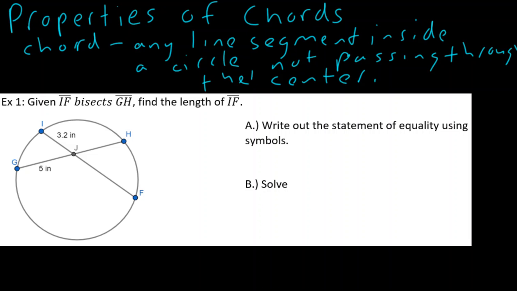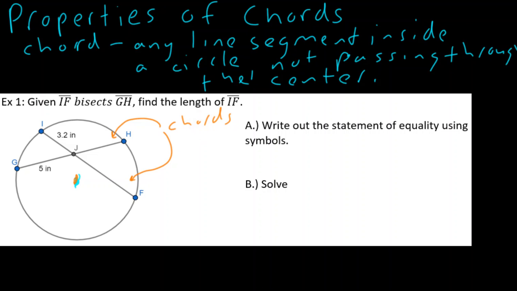passing through the center. So if it's inside the circle and it passes through the center, it's technically a diameter. But if it's not passing through the center, it is a chord. So notice here in this circle, the center would be roughly somewhere right there. And so obviously both this line and that line are going to be chords. I would encourage you to pause the video, write down this definition, and let's move on to our rule